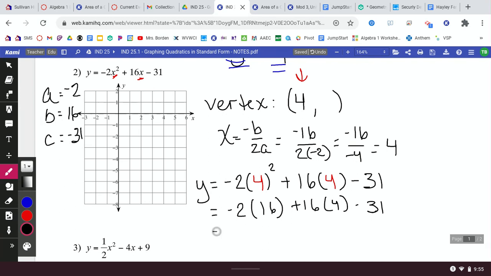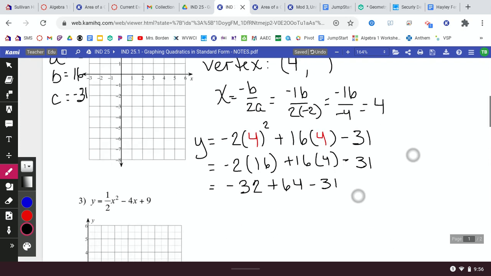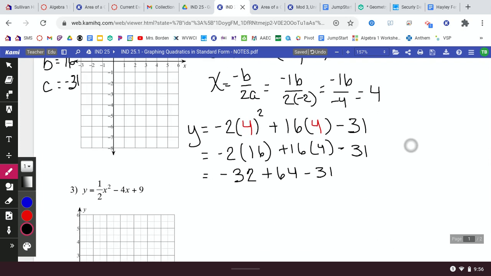All right, now I'm going to do my multiplication. So negative 2 times 16 is negative 32. 16 times 4 is 64, so plus 64. Your signs are going to matter so much in this. Do not forget about multiplying and dividing negatives, okay? It's really going to matter. And then this minus 31 I haven't done anything with, so I'm just going to drop it down. All I'm left with now is a long string of addition and subtraction. So negative 32 plus 64 minus 31 equals,